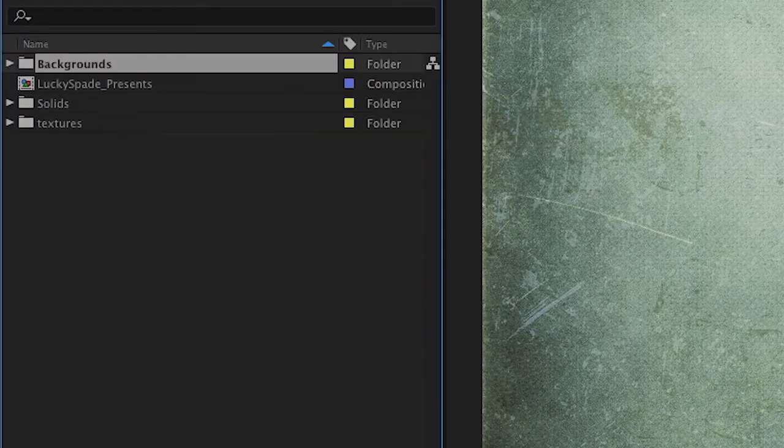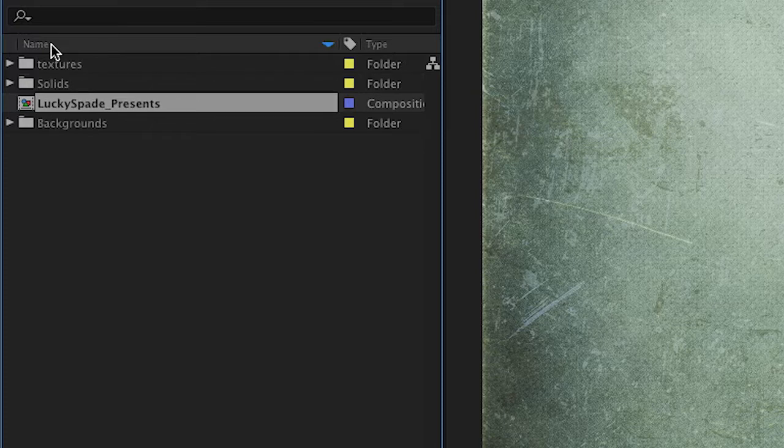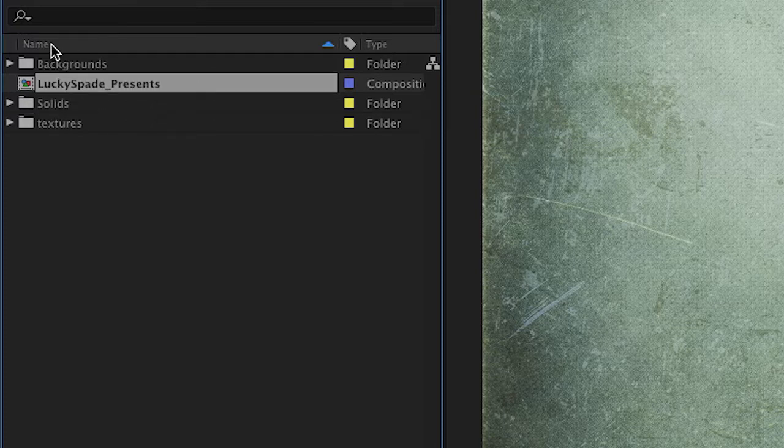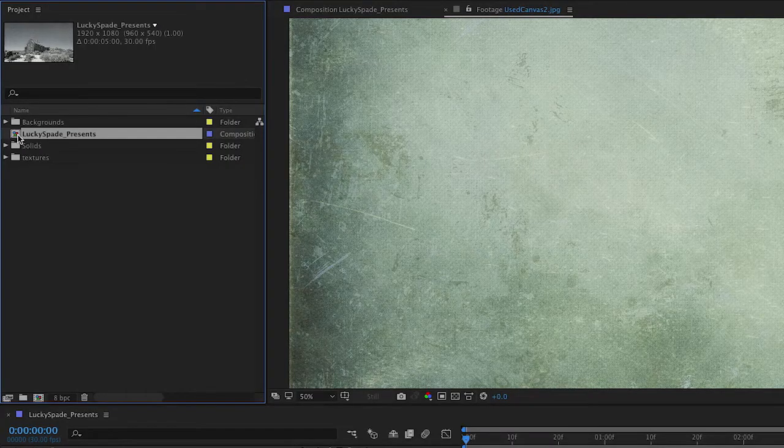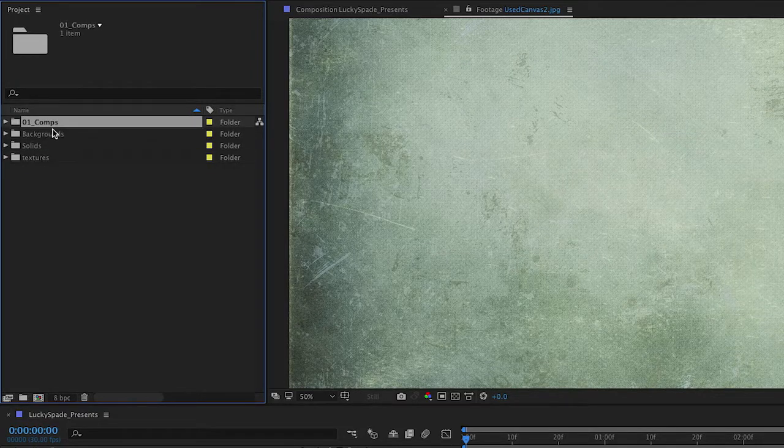Now, let's create a folder for our composition. But before we do that, I want you to notice how things are organized alphabetically in the project panel. If you click on the name column, you can flip the order from A to Z or Z to A. I'd like the comps folder to always be on top. So let's click and drag the composition down to the new folder button and name it 01_comps. And when I press return, since I started with a number, that folder is now at the top of